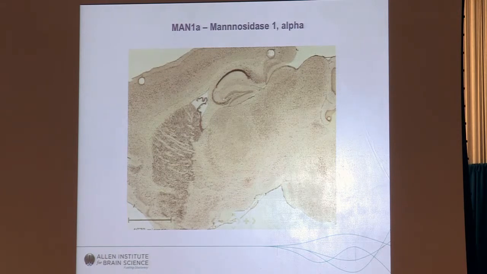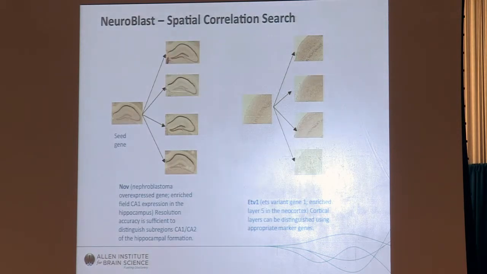And so that's where we started to build out these methods that were more correlative based. And there's essentially two directions in which you can do this. One is you can say, if I have an image series of a gene in the brain, I can say, find me more genes with a pattern like this. So in other words, we're